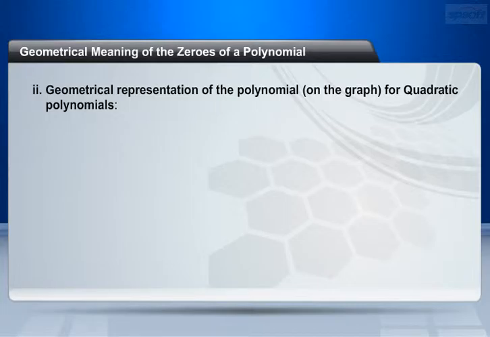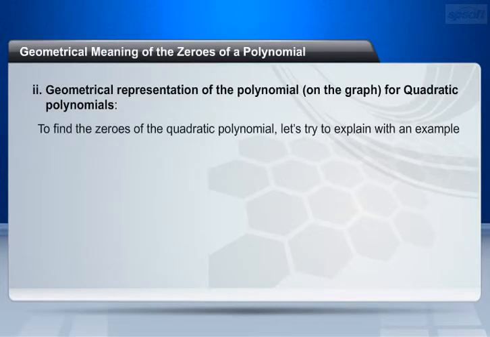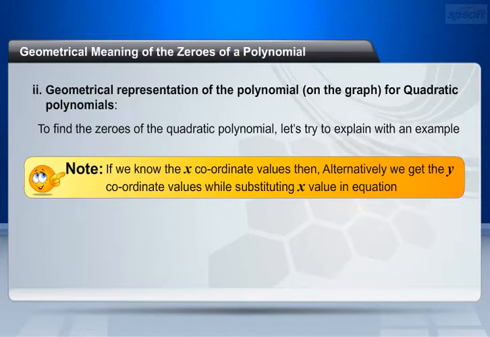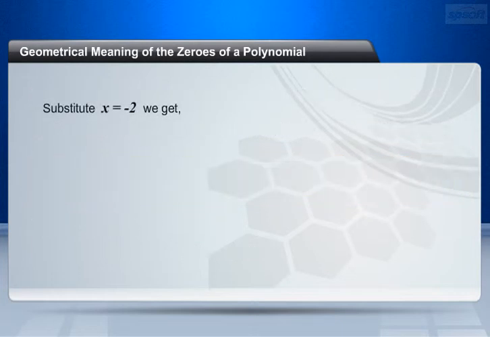Now let's discuss the geometrical representation of the polynomial on the graph for quadratic polynomials. To find the zeros of the quadratic polynomial, let's try to explain with an example. Note that if we know the x-coordinate values, then we get the y-coordinate values by substituting the x value in the equation. Consider the equation y equals x square minus 3x minus 4. Substitute x equals -2, we get y equals (-2) whole square minus 3 into -2 minus 4. By cancelling negative and positive value, we get